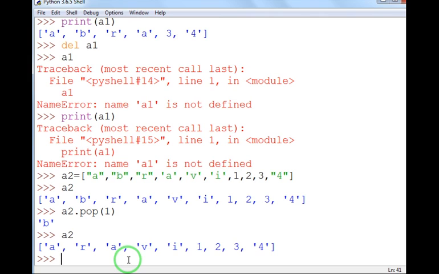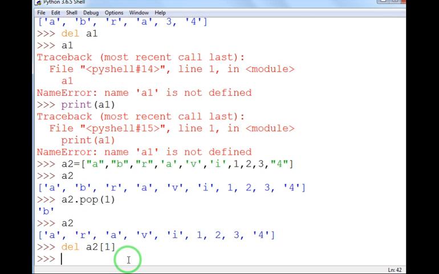But now let's try with del. If you want to delete the value which is present at index number 1, that will be R. I will write del A2 and then index number 1. It will not display the value that it has deleted. It will not return the value. The pop method returns the value that it deleted. It is telling us, see, I have removed this B. Whatever value has been removed with the help of the pop function, I can store it in some variable also. But the del function will remove the value, but it will not display the value that it has removed.